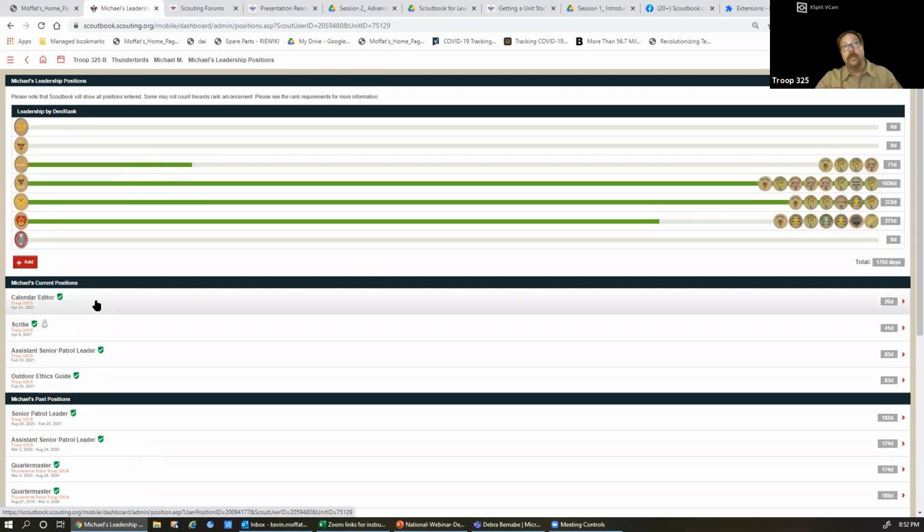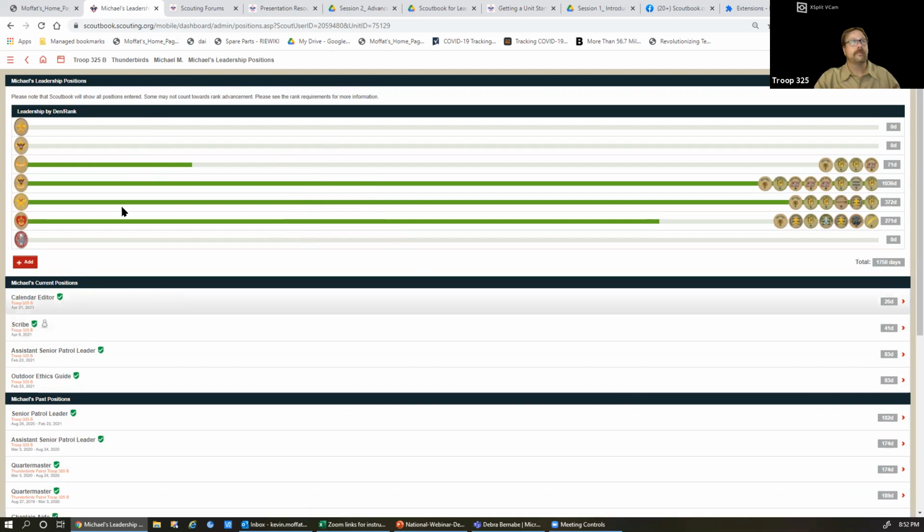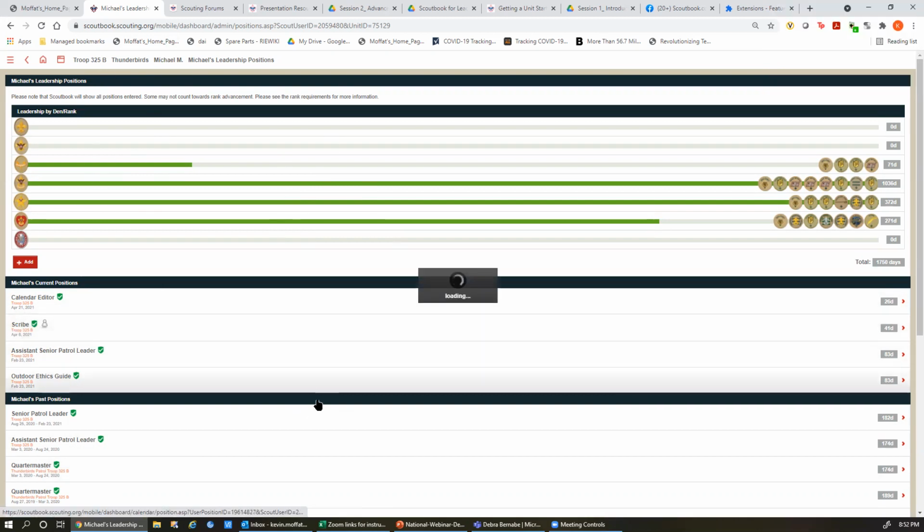Calendar editor you can give to a Scout, and they can actually create the calendar events. Scout led. Any questions so far? Overload? All right, so back to